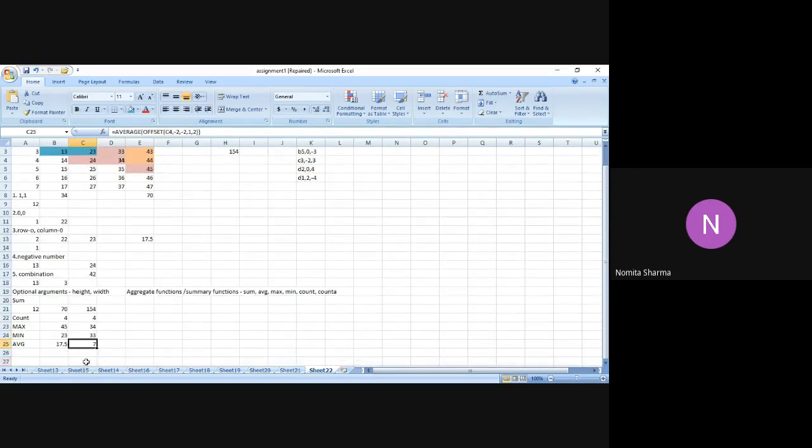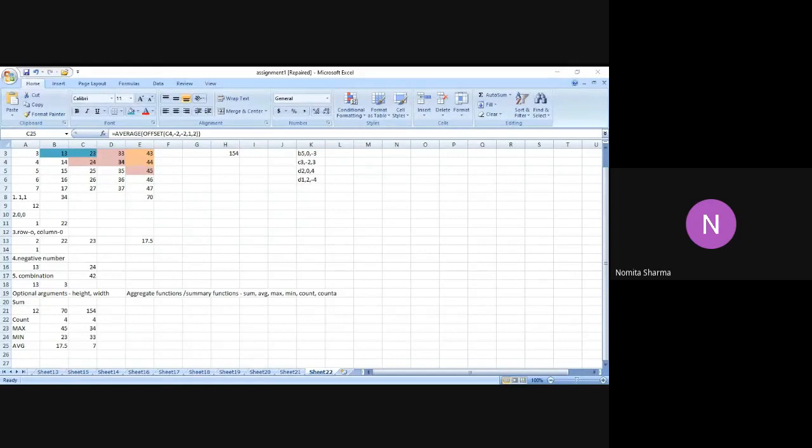All right, so I hope I'm pretty clear today with the offset function, with the different combinations of the rows and the columns and the height and the width. So I'll go further with this because I plan to cover a lot today. So am I clear so far? I believe. Do you have any doubt when you try